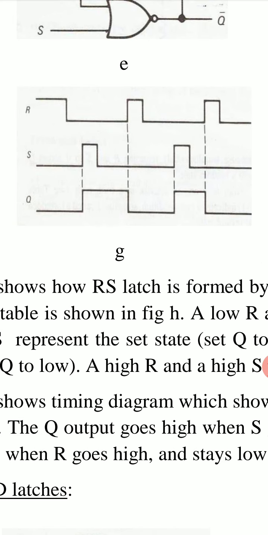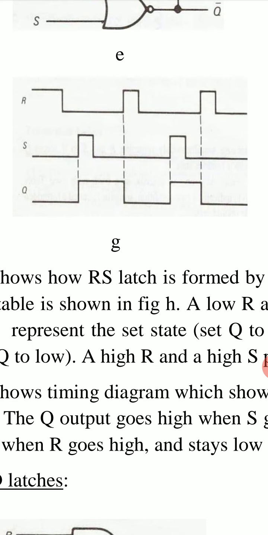Initially, we have R high and S low, R1, S0. So output Q is 0 because it is reset. Now this output Q will become 1 when R becomes 0 and S is 0,